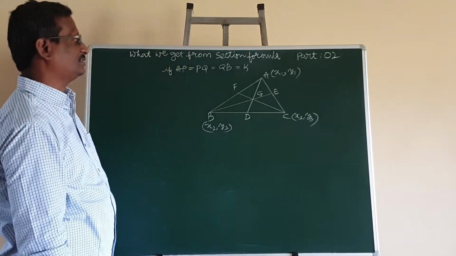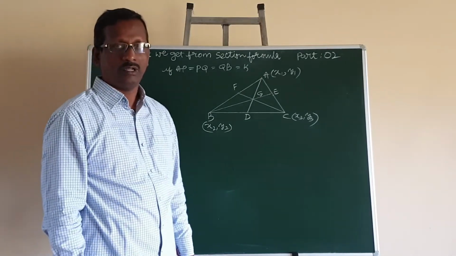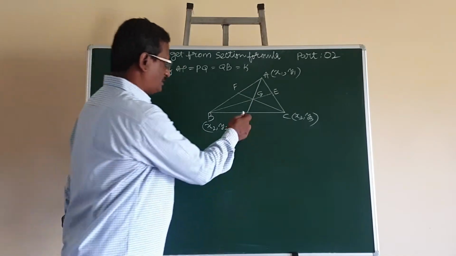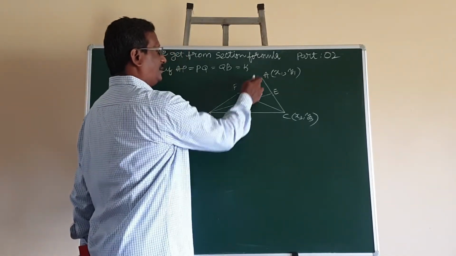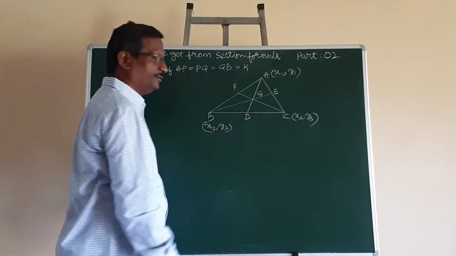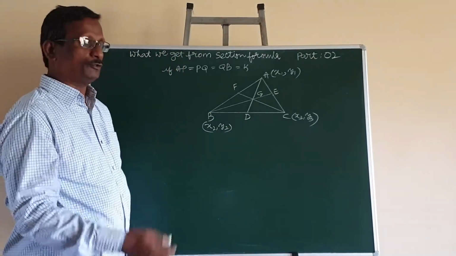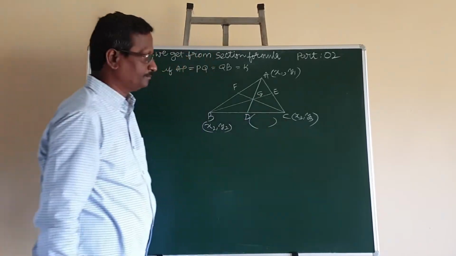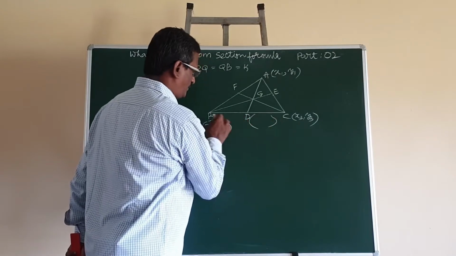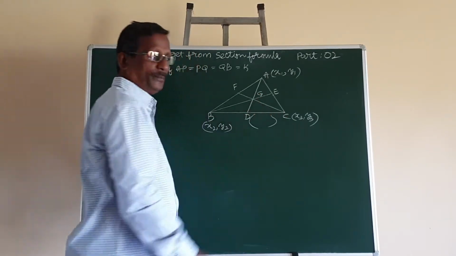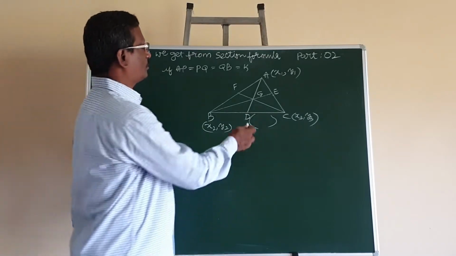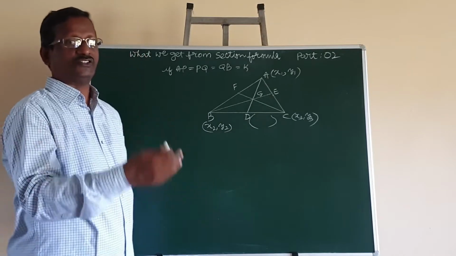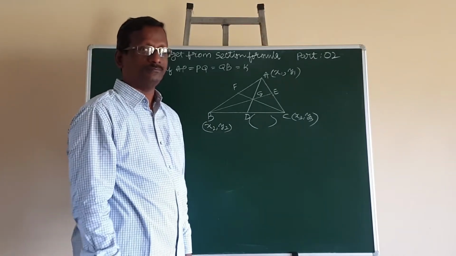To find the coordinates of centroid G, we should know in what ratio G divides AD. It is given that AD is the median, meaning D is the midpoint of BC. Here we will find it in two stages. In the first stage, we will find the coordinates of point D by making use of the midpoint formula, because D is the midpoint of BC. After getting the coordinates of point D, we will get the coordinates of point G in the second stage. There we will use one rule.